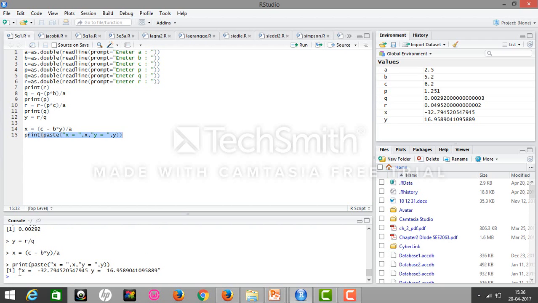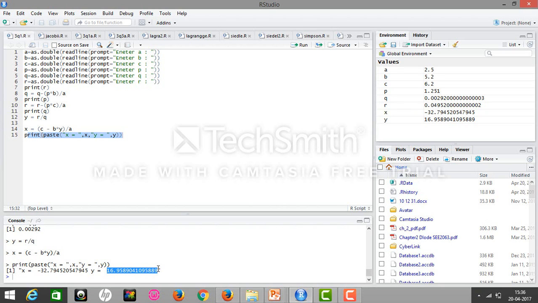So here's the value for x, it's minus 32.752 and so on, and y is 5.941, a very large value.